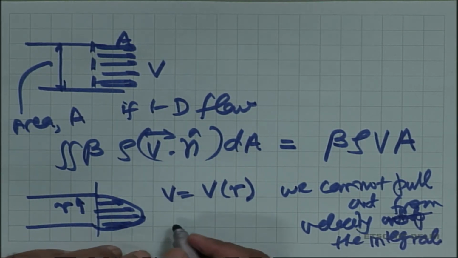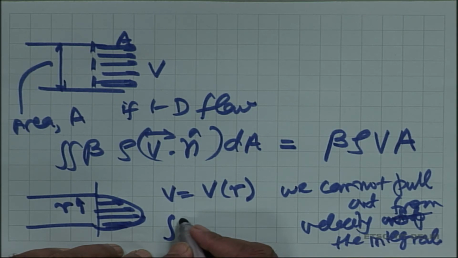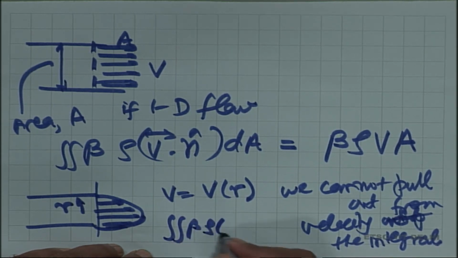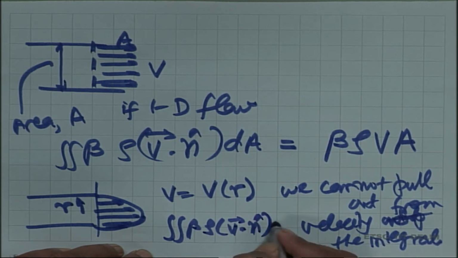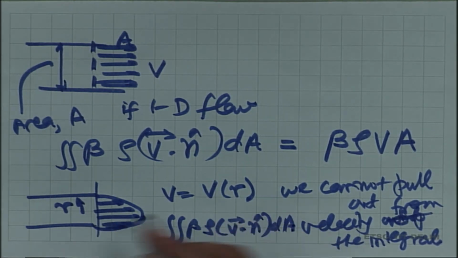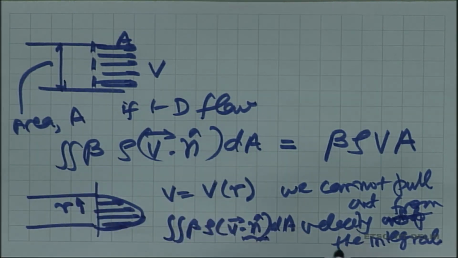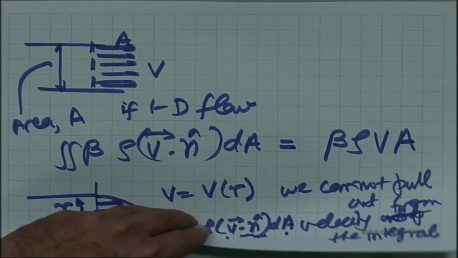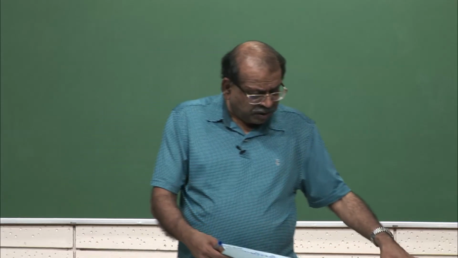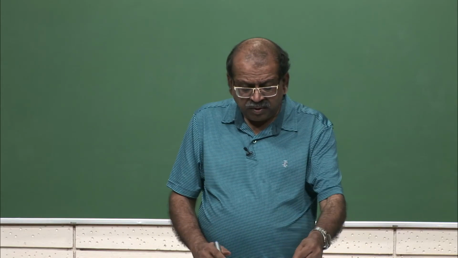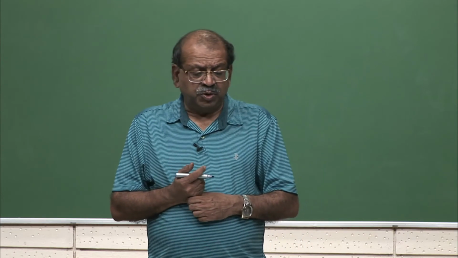And so, in this case you have to integrate and carry out the integral of beta times rho v dot n dA. Of course, again if the area is perpendicular to the velocity, then v dot n can be changed to v or minus v, but you still have to integrate because v is changing with area, it is not constant. So, this sort of a simplification can also be used. So, now having seen this, this is what we have as the Reynolds transport theorem.